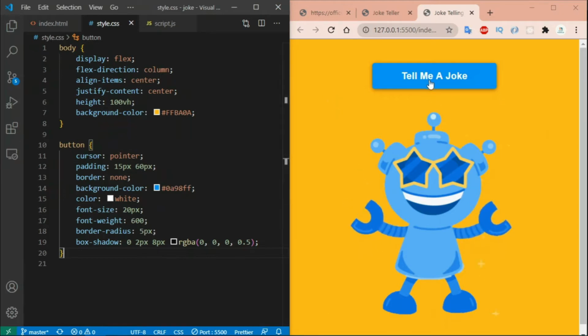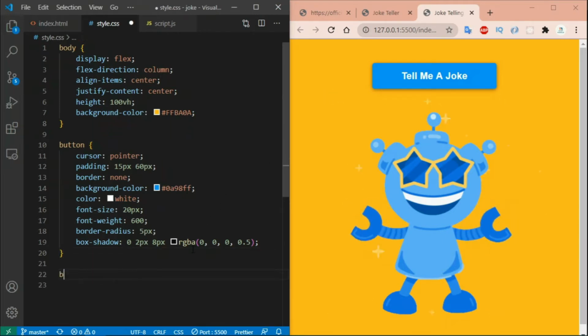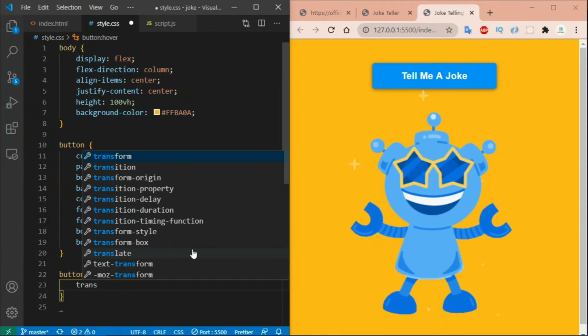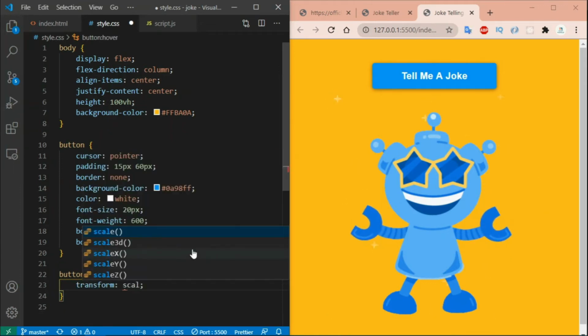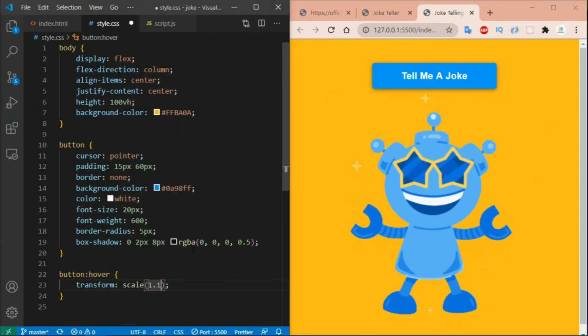Now add a hover effect over a button, so when we hover over a button, it scales up by 1.1. So first select a button, on hover, use transform property and set to scale by 1.1.